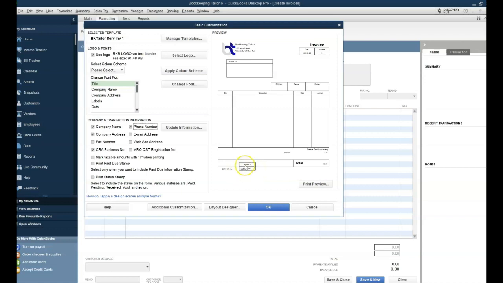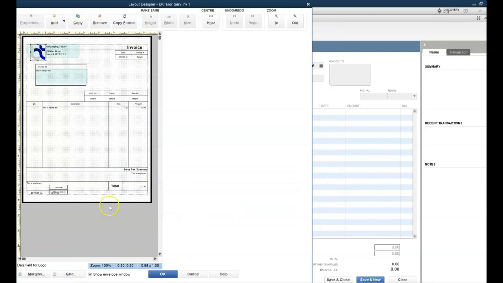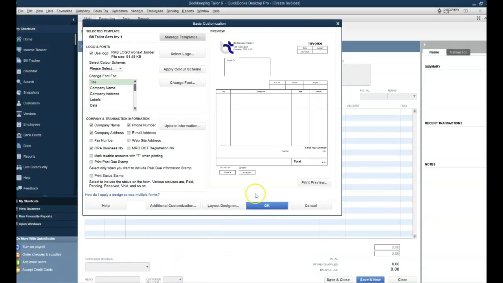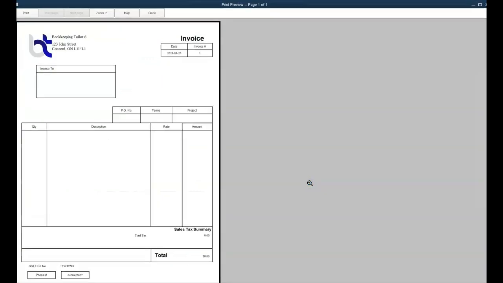Now you see this information is overlapping on the invoice template. You can go to layout designer and bring it down here. Here is your phone number. Hit OK. Let's look at the preview. Beautiful. So you have your logo, your company name, your address, phone number,